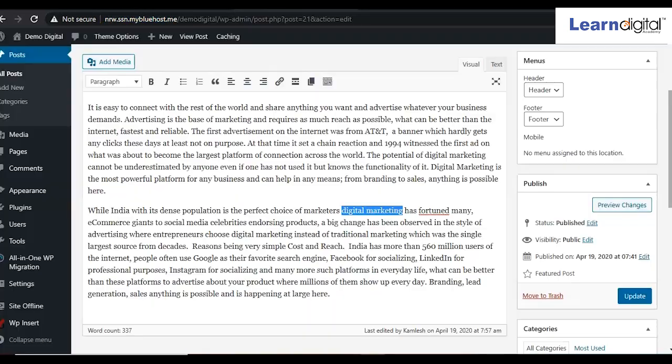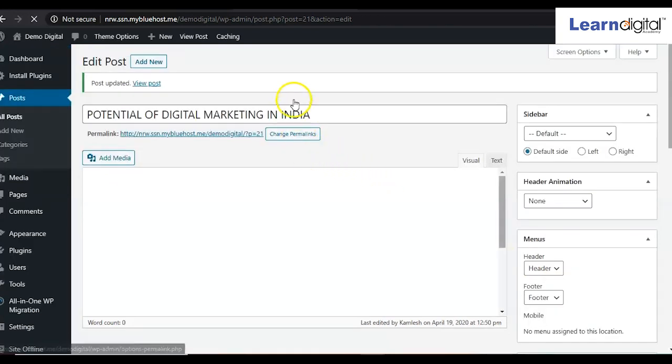Then again, I'll come to the backend part. This is the word. Click on the link symbol and paste the link. Click on apply. So I have created two links and update it. So I have updated this post with the links.